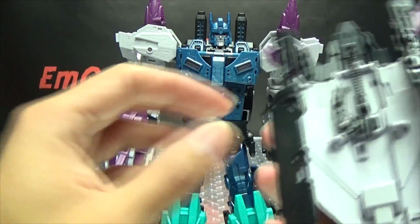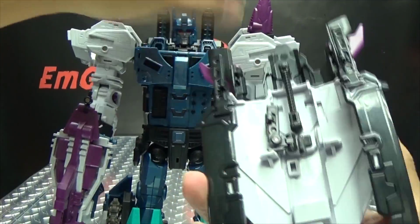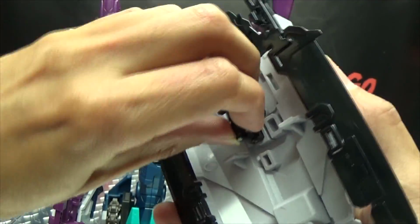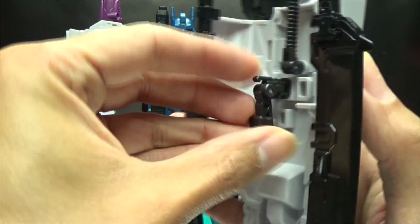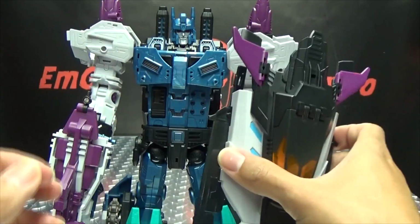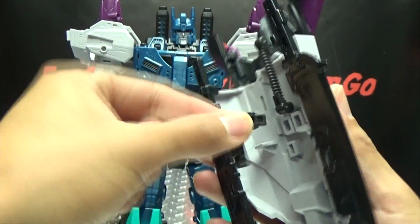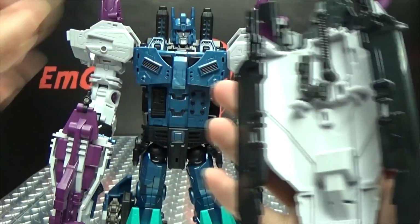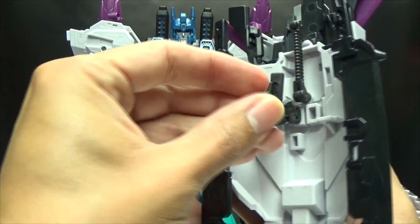And there are a couple things you can do with this. You can have him holding this as a shield. You do have this handle right here. And these bits right here do just tab in, so you can kind of orient these however you want. So you can turn this around, plug it back in, and you can see you have the handle right here. And you can actually have him holding this as a shield. You can have him holding it like that or like that. Again, it's just a matter of just orienting this bit however you want. So you can have him holding that as a shield, or we put this piece back in